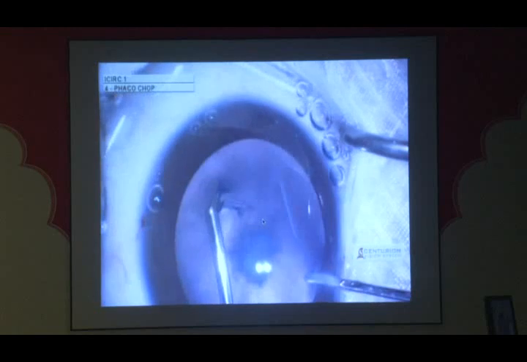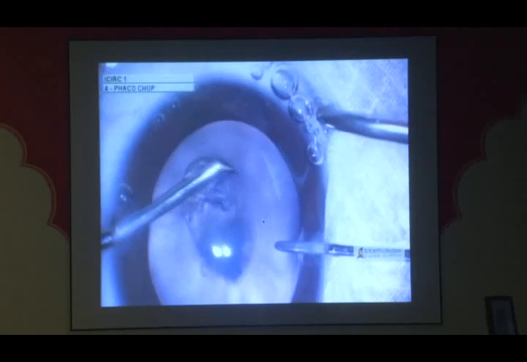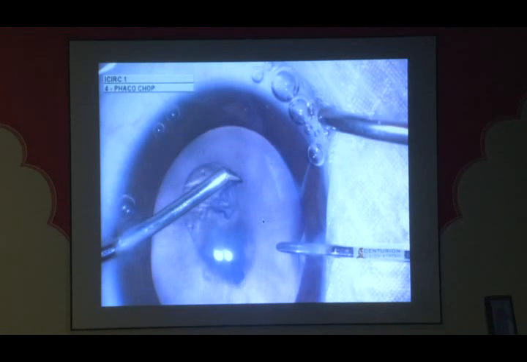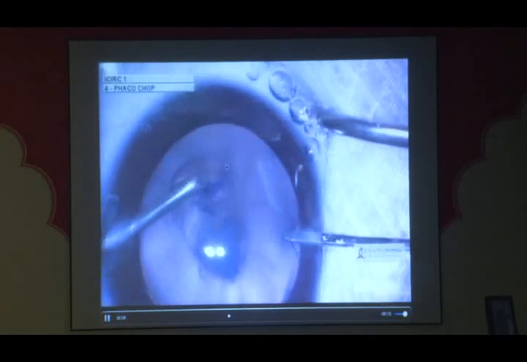The other point, like Dr. Vivek was saying, this is me, and I said, I use 3 incisions and I use both hands when I'm performing rexis. And you can see that I'm not being able to control the rexis size very well. So how do I do it better? Using these micro incision forceps, I'm trying to